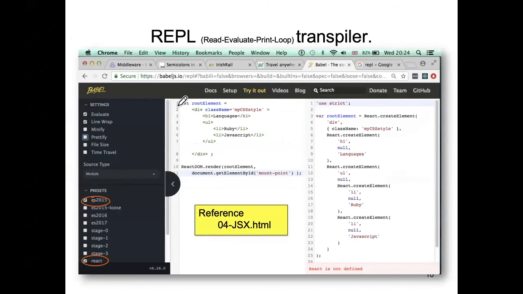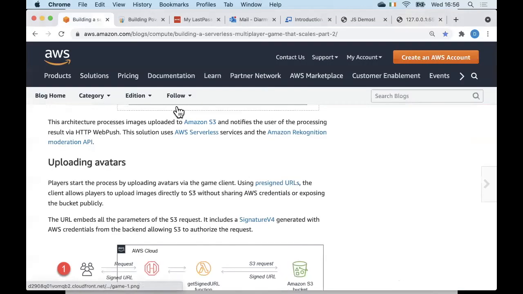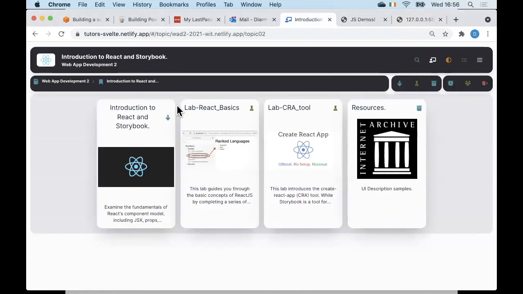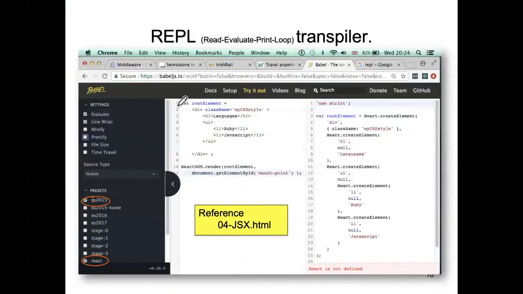I don't have it up, it doesn't matter. You may remember this Babel.js site, and what you do is you can paste in your